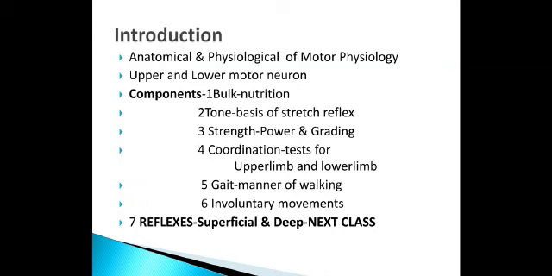So, anatomically and physiologically, the motor physiology is very simple. The motor system consists of the motor areas in the brain, the upper motor neuron, the lower motor neuron, and the muscles. Movement occurs due to contraction and relaxation of the agonist and antagonist. Agonists are muscles that facilitate movement by their contraction, whereas antagonists facilitate movement by relaxation. So, movement depends on the maintenance of posture and balance. A balanced posture provides a stable background for movement.